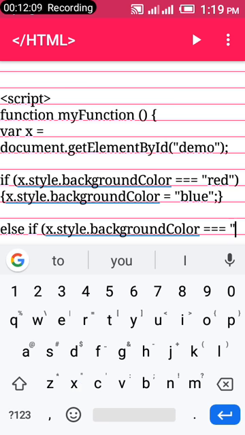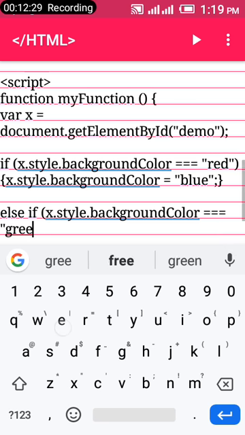Now, instead of saying red again, this time around you add blue, because the first line was saying our background color was in red. This other line was saying if I click the button once, it should convert itself to blue. This time around, being that when we click it, our background color will be set to blue, we choose another color we want it to change to. Probably we choose green. You could use any other color in your project. Okay, you choose, if it's blue,